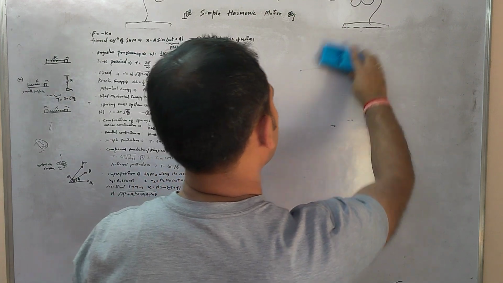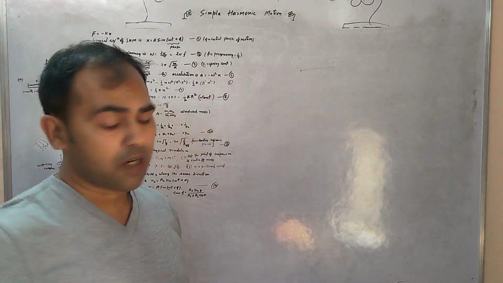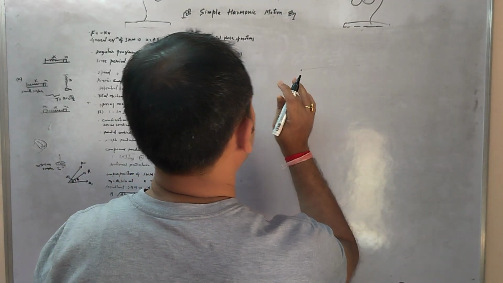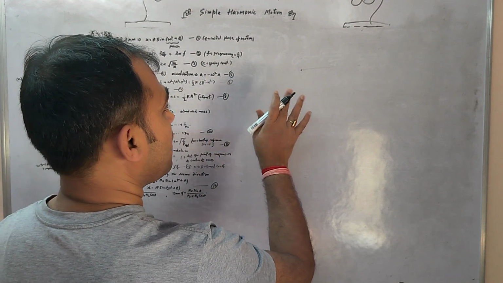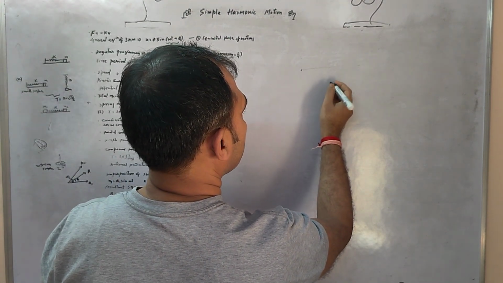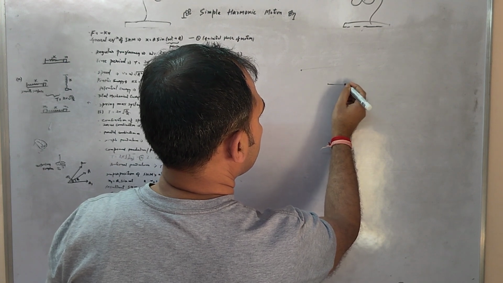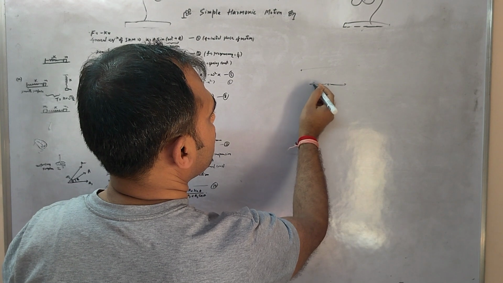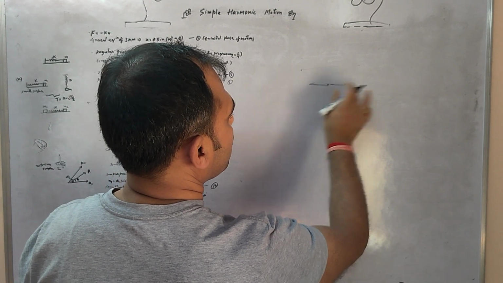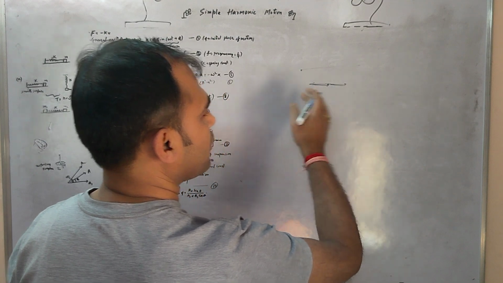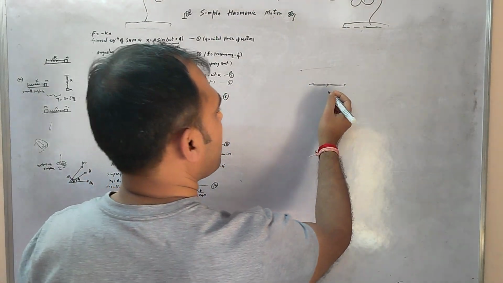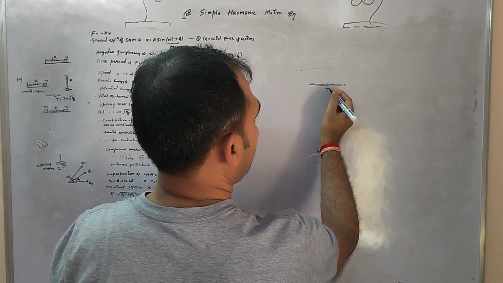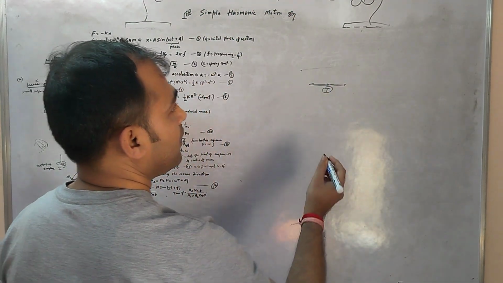Let us differentiate simple harmonic motion and periodic motion. See, all simple harmonic motions are periodic motion. As you know, the point goes up to this, again comes back, then goes up to this, again comes back. So this will repeat its motion after a periodic time T. So time period will be T for this.